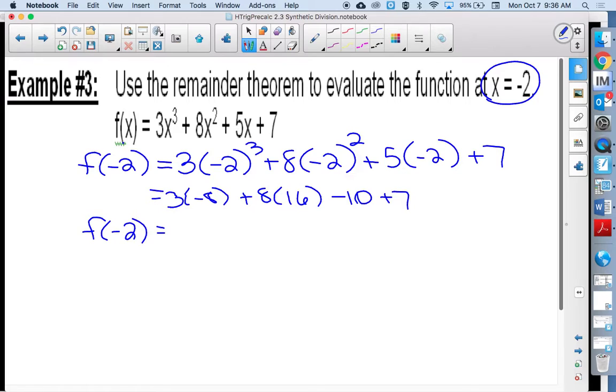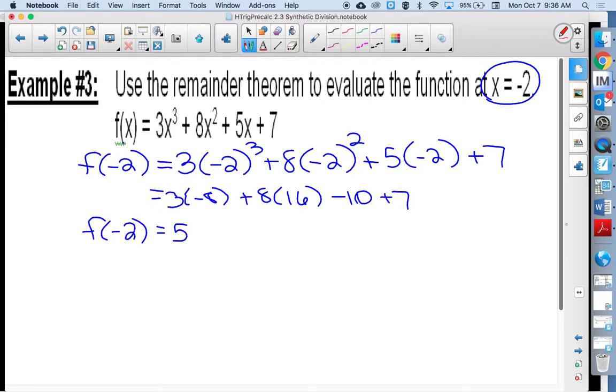Garrett, did you get a y? Yeah, I got 5. You got 5. Anybody else get 5? Yes. So 5 sounds like a good number. We are going to do this again, but we're going to see if we can use synthetic division. So we took the number and we plugged it in for x, because anytime you know what x is, you can plug it in. We're going to also try and do this with this synthetic division just to see what